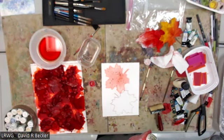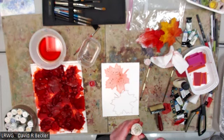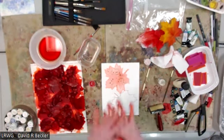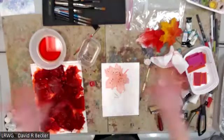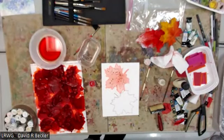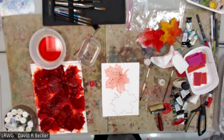You just pop a little hole in it with a nail or a thumbtack or something. Because every grain is very powerful. And as a matter of fact, if you are working on your main work surface, put a piece of paper down and then play with this and then roll it up, because I've wrecked a mat or two in my day from a stray red crystal on it. So then you can